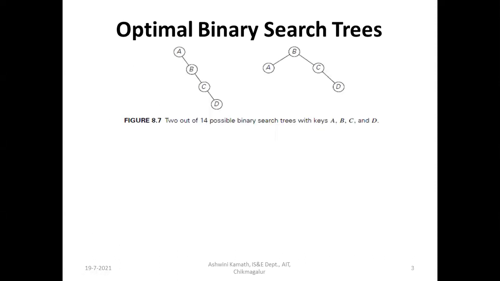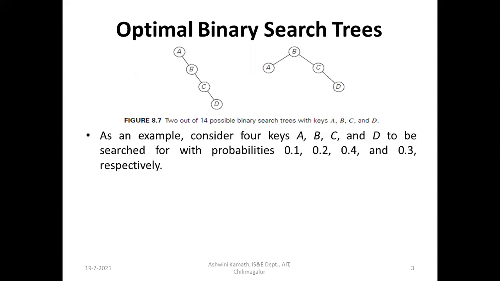So here, consider we have 4 keys A, B, C, and D, and their probabilities are known: 0.1, 0.2, 0.4, and 0.3. The probability of searching A is 0.1, searching B is 0.2, searching C is 0.4, and searching D is 0.3. If we want to construct the binary search tree using these probabilities,